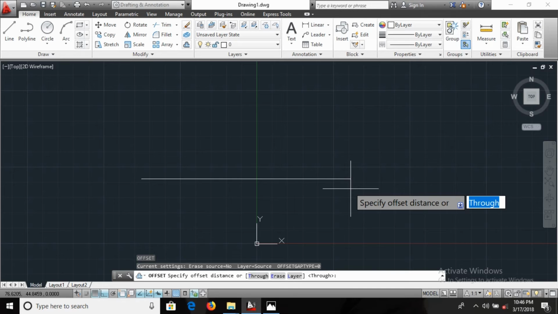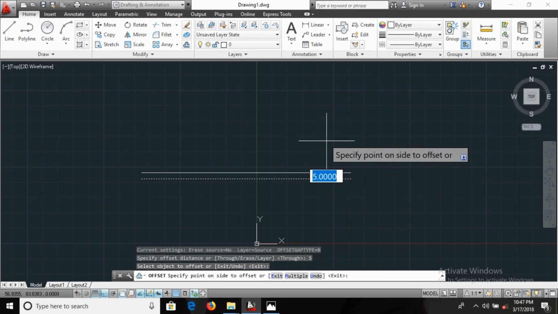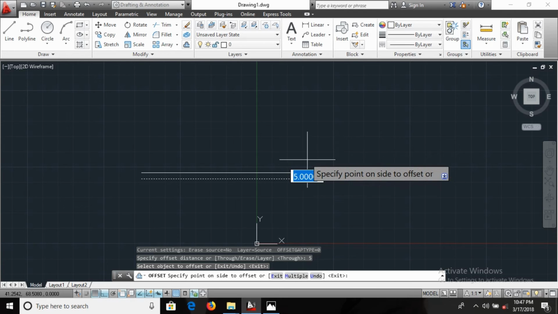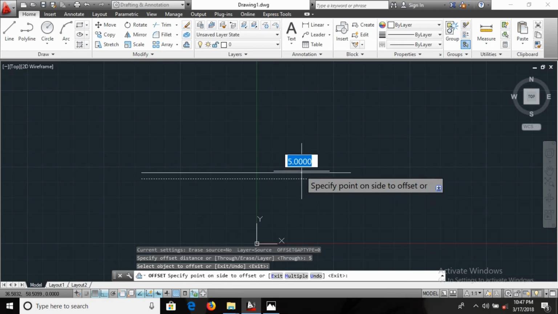and it's asking for the offset distance. So what is the offset distance here? The offset distance is going to be, friends, 5. Enter, select this object and specify a point on the side to offset. So offset means I'm taking O, enter, and it's asking to specify the offset distance. This is the offset distance as given, and after that,